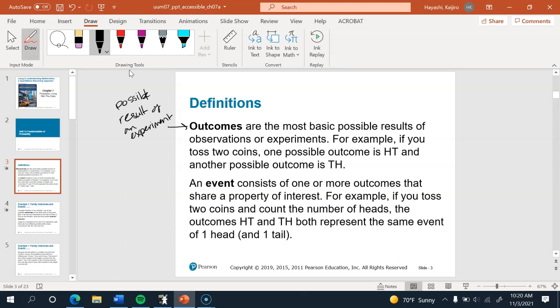Do you get two heads? Do you get a heads and a tails? Do you get a tails and a heads? Do both of them land on their side? I mean, generally speaking, we don't really consider the possibility that a coin would land on its side, but theoretically it's possible. So that's what an outcome is. It's a result of some experiment that you can do.